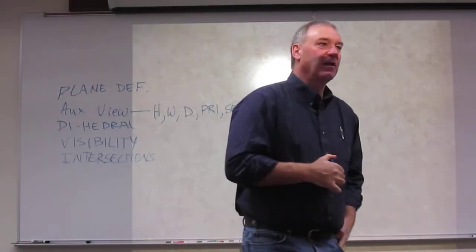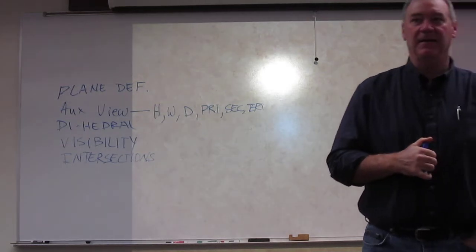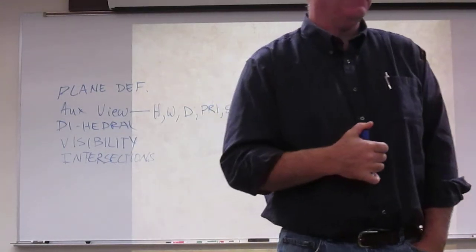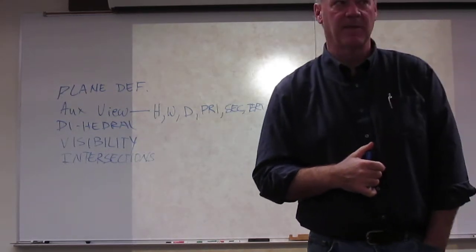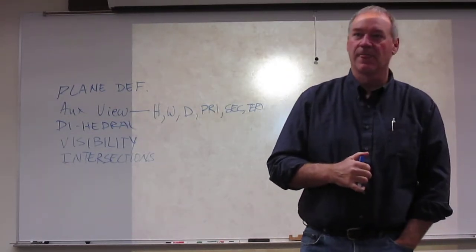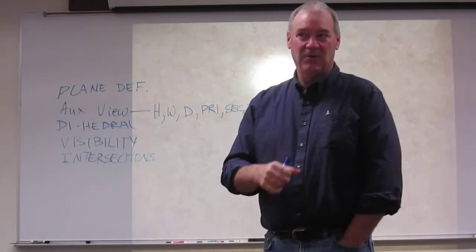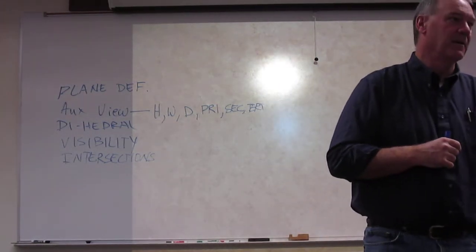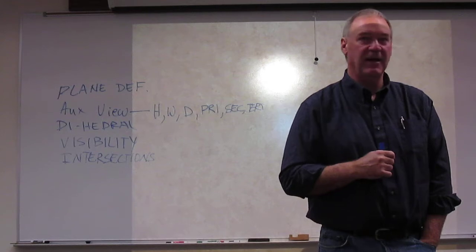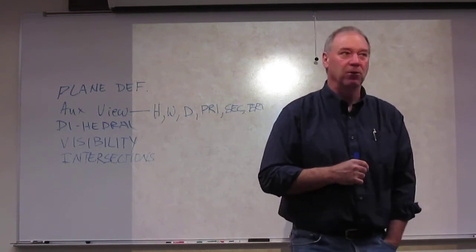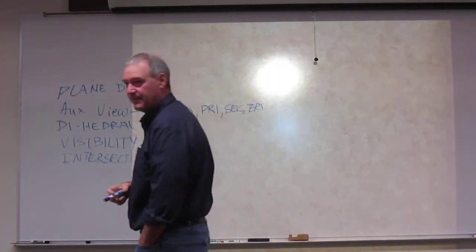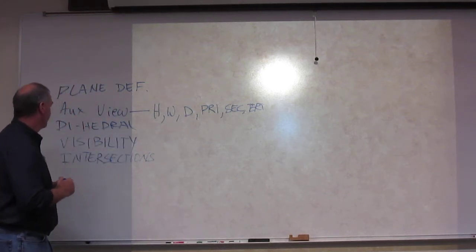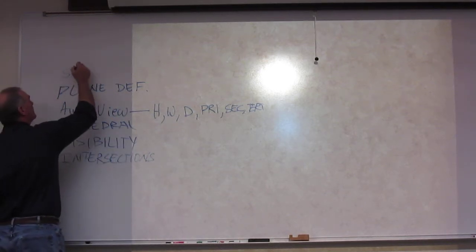Keep in mind for inclined planes and dihedral angles, well, inclined planes certainly only need a primary auxiliary view. Dihedrals, most of the time, only need a primary, but it could go to a secondary. Obliques, now that you have a shortcut, go to a secondary view. So keep in mind with the obliques, we had another item